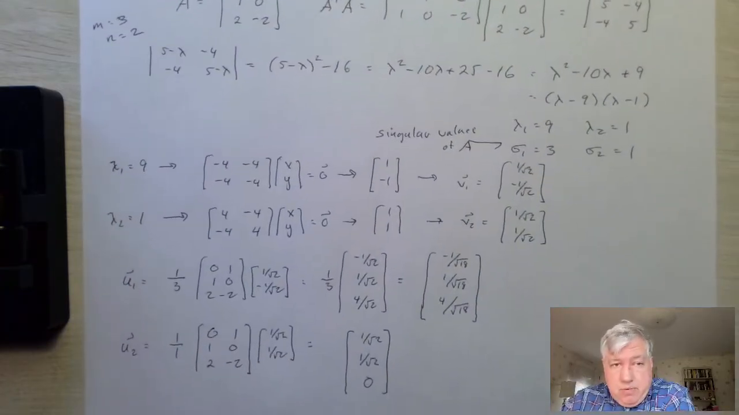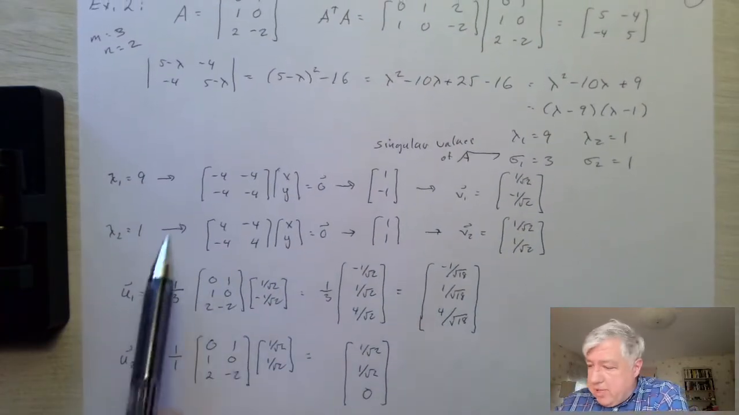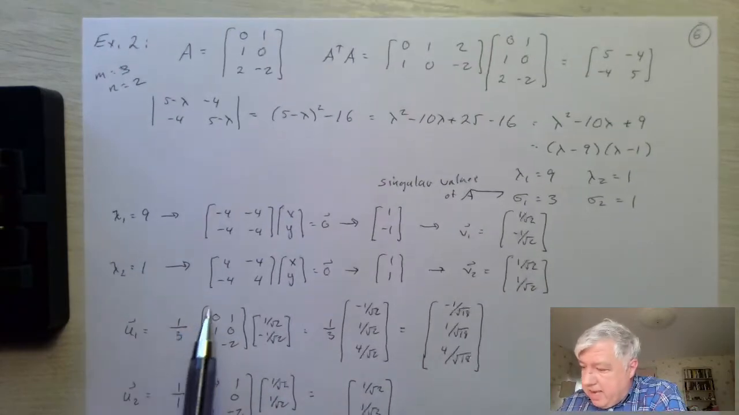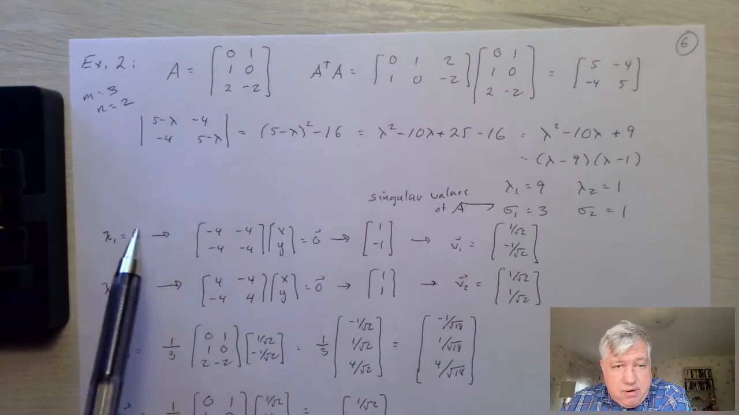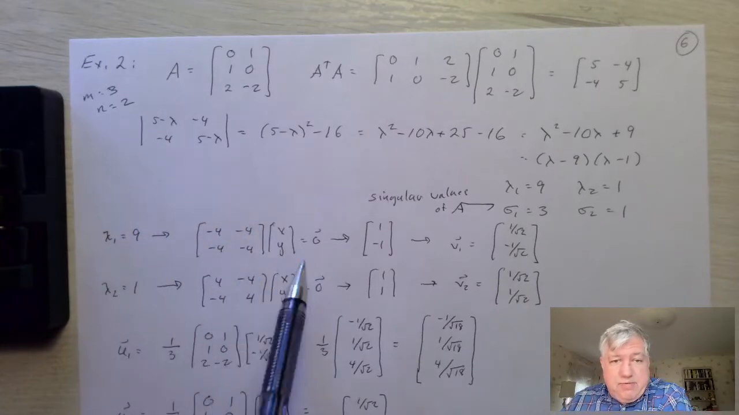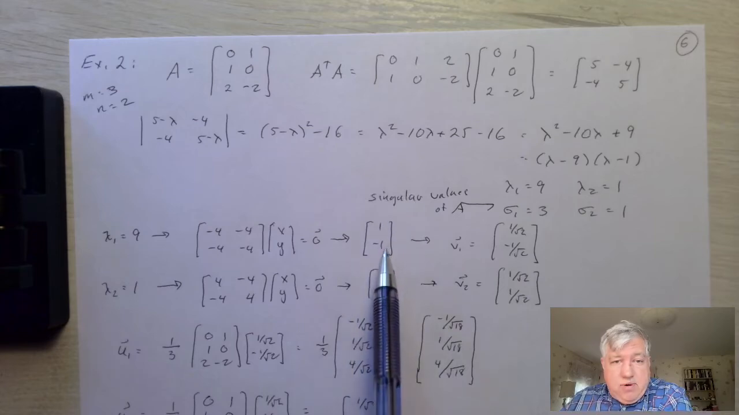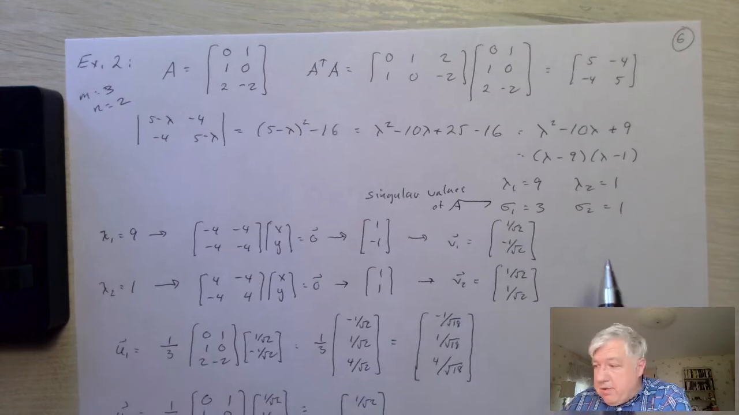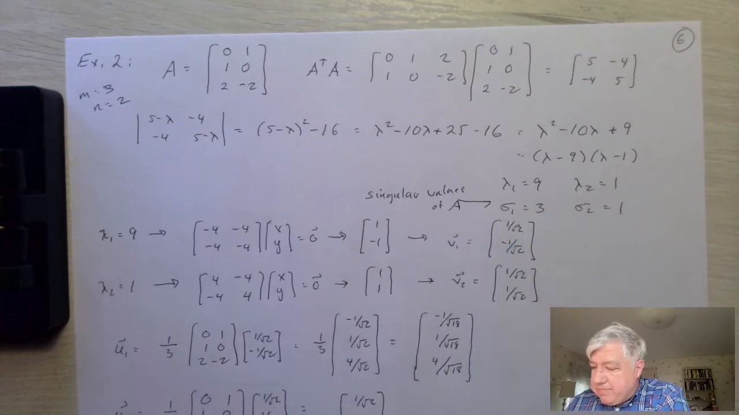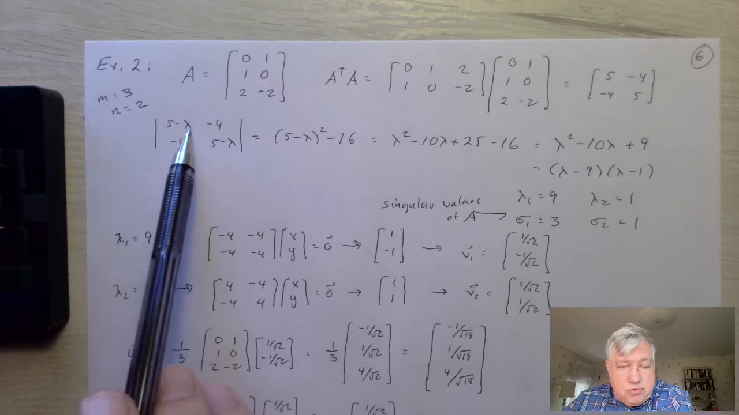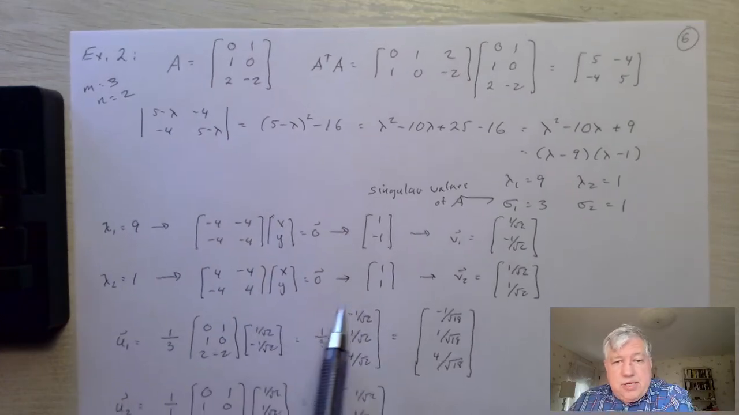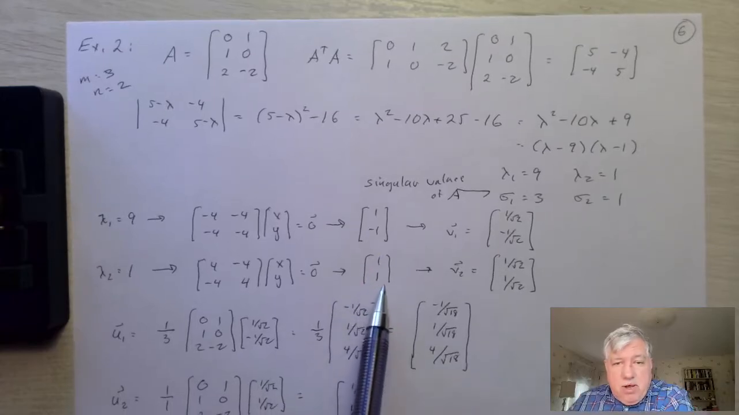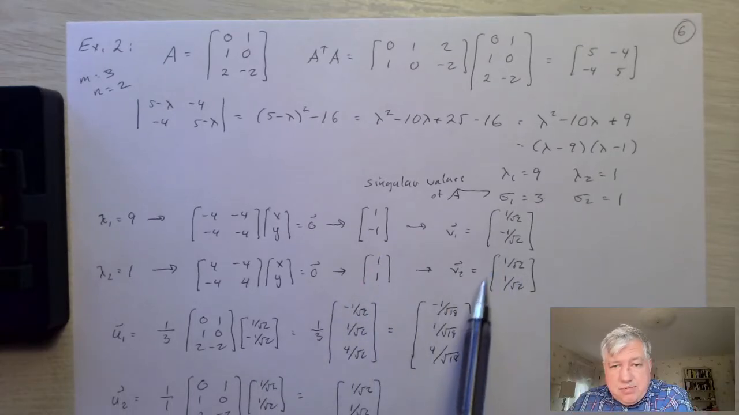Then, if lambda 1 equals 9, we find the corresponding eigenvectors. You plug in lambda equals 9 in here, and you get everything is equal to -4. So that means 1, -1 has to be the eigenvector. And if you normalize it, we get V1. Similarly, if you plug in lambda equals 1 here, you get 4, -4, -4, 4. So it's easy to check that the eigenvector is 1, 1, and if you normalize it, you get this, which